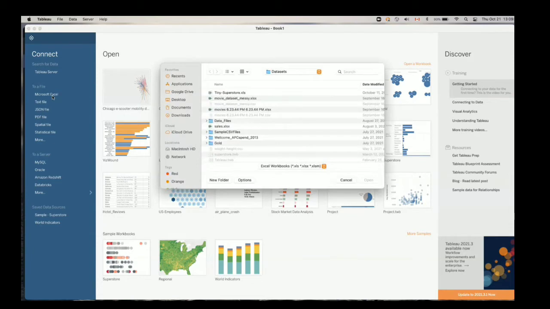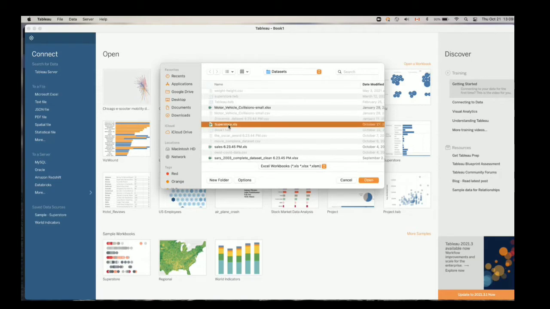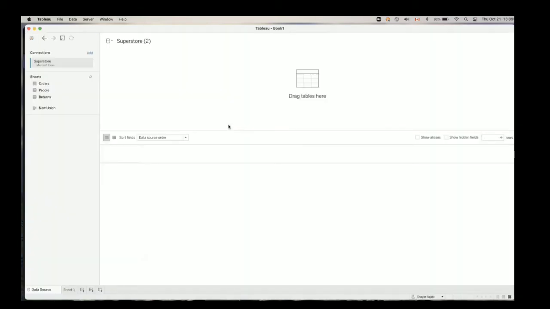So like I said, for our lecture, we can use an Excel file, which is a Superstore. The first thing that you should do is data exploration. Tableau says I have 3 sheets in my data source. Perhaps I don't need all of them, but let's have a look at what we have. When we click on each data source, we can see we have orders here, we have people, and we have returns information, right? And I can drag this data source and drop here, and I can see the data inside